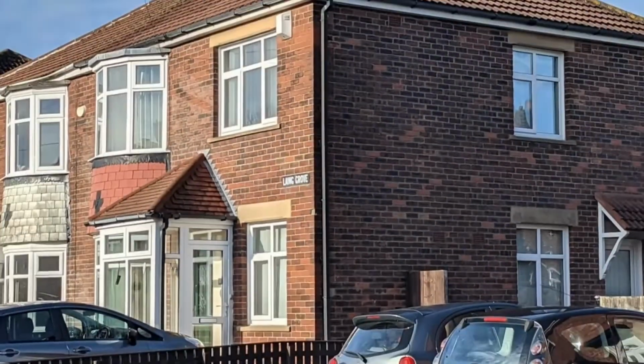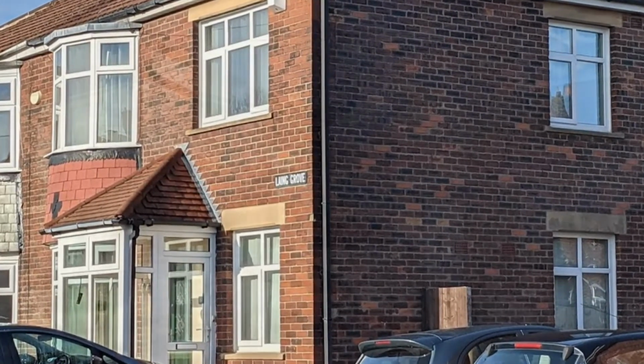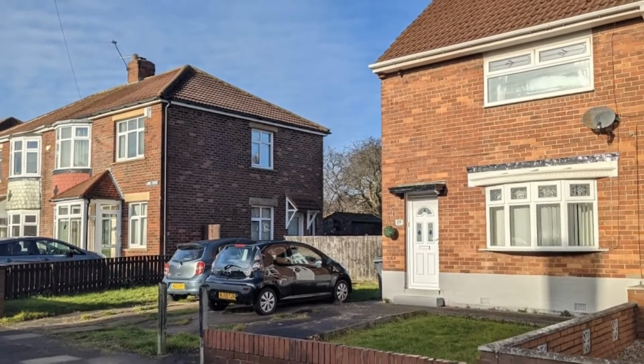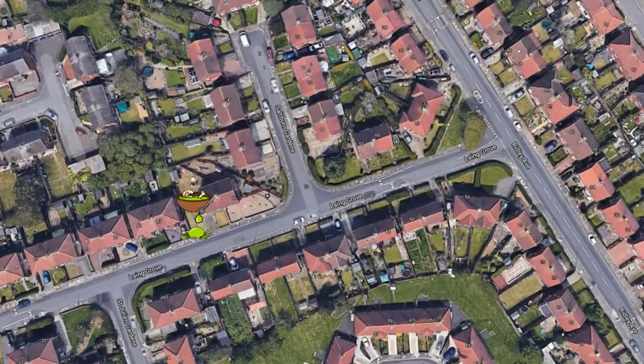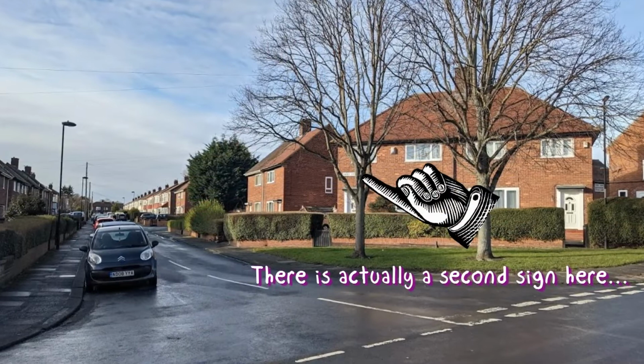And my challenge to you is, what is the answer to this particular quandary? It's going to be interesting, actually, in the answer video to observe the pattern that comes out of this observation. I don't want to give you any more than that, though. So, yeah, why? Why on earth was the street name not at the end of the street, where it normally would be? And what does that imply about the